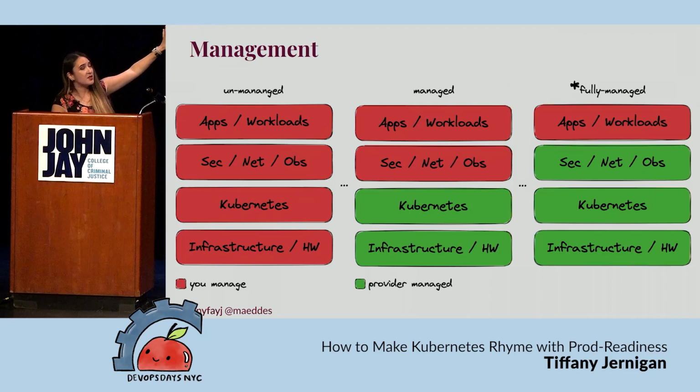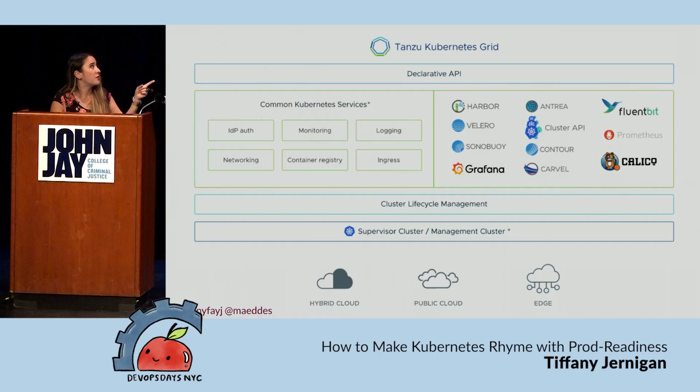On the left is basically, hey, I'm managing all this stuff myself. In the middle, all the green stuff is things that some sort of provider manages. It's just about determining what level of things you want them to manage. The more you manage, the more you have to be responsible for having those people and paying them to do those specific things. Tanzu Kubernetes Grid has an opinionated version of using a bunch of different tools, some of which you saw, for dealing with some of these things.